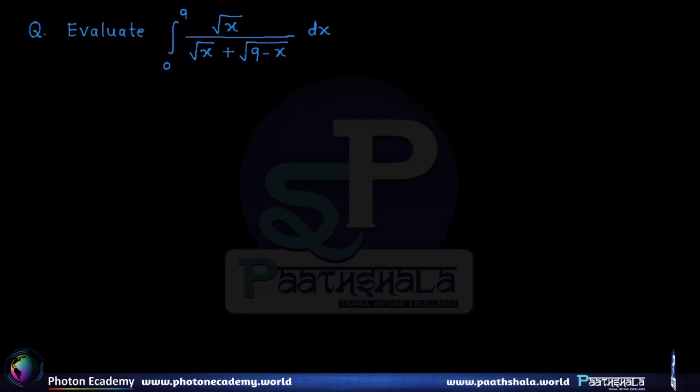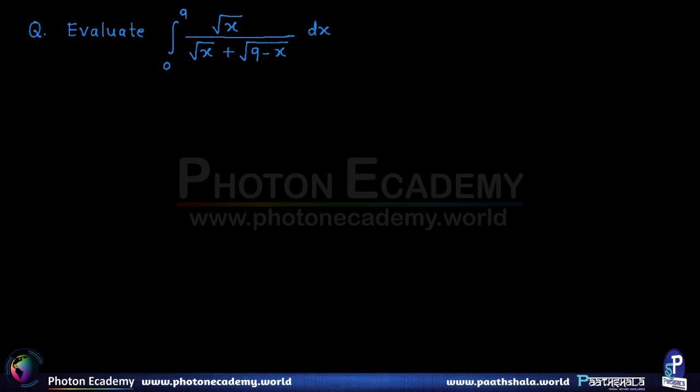Now we have to evaluate the integral given by root of x upon root of x plus root of 9 minus x from 0 to 9. Now here we try to guess which property seems to be useful here. If you observe, the addition of limits 0 plus 9 gives us 9, and we remember the property that the